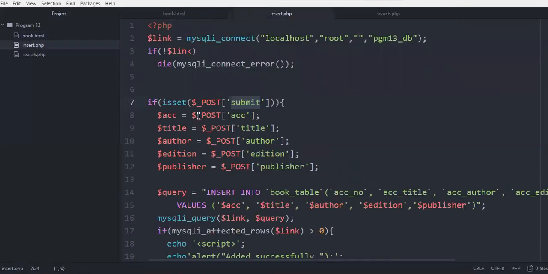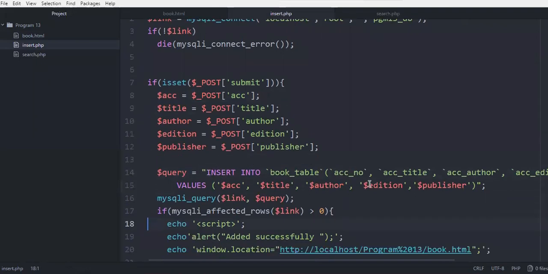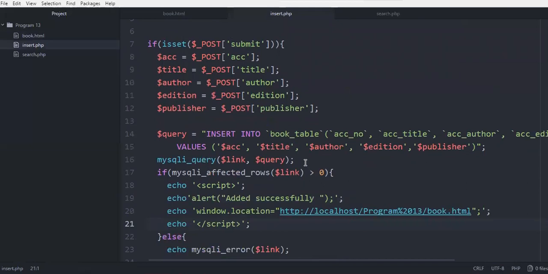So I'm fetching it with the help of $_POST, and these values are getting stored in the variable $ACC. So you can give here any variable names. Then we have declared a variable $query for which we write the insert operation. Now if you look at the insert query here, if you look at the syntax, it differs from that of program 9.